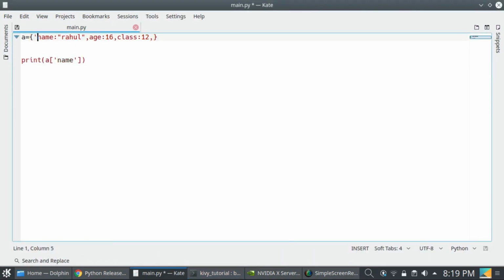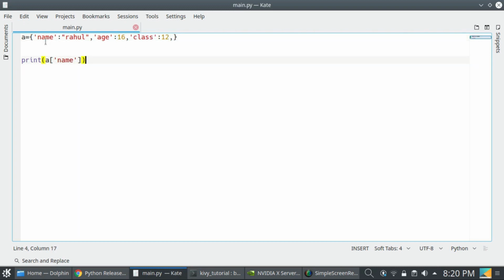Okay, so I am defining names as keys, so they will be strings. So I can access that key, I access the value Rahul by this key name. So this is the key and this is the value, this is key and this is the value, 16 is value and class is key and 12 is value.